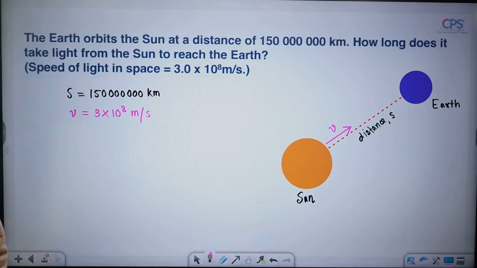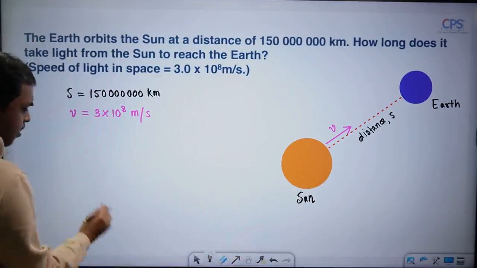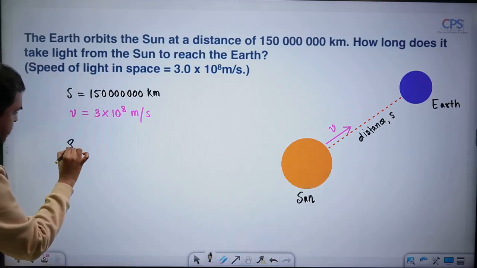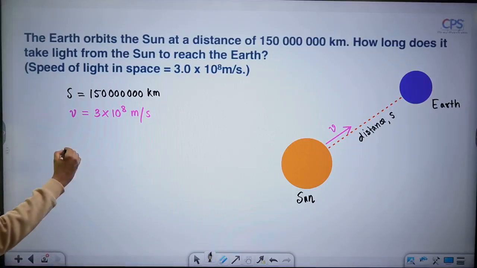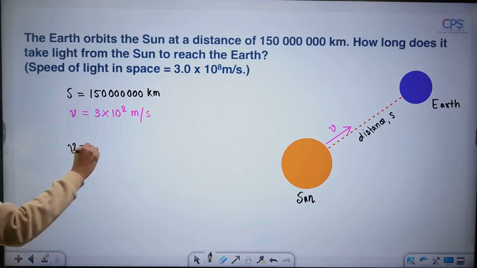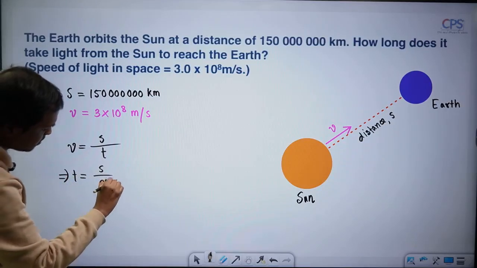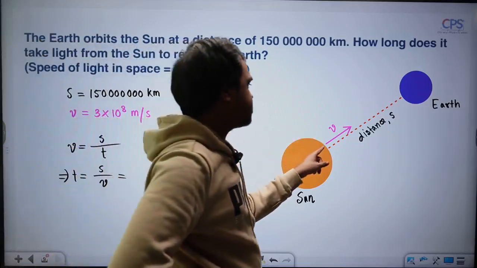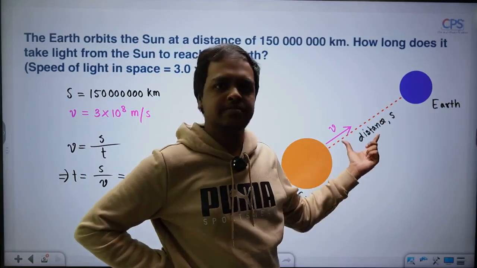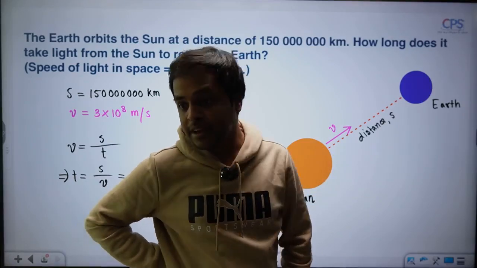So we have to calculate the time, right? Now you know that displacement, or in this case distance, S equal to V by T. Or is it? No, of course not. Speed equals distance by time, so time equals distance by speed. In this case, you can go either way because it's a straight line. So here distance and displacement are the same, and velocity and speed will have the same value.